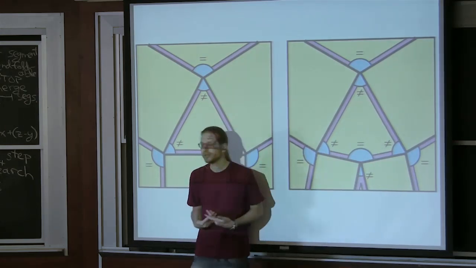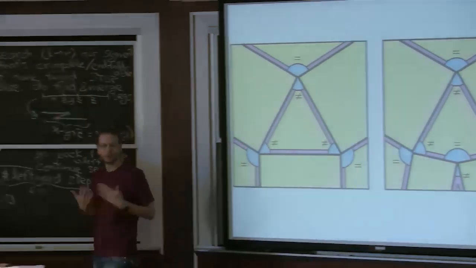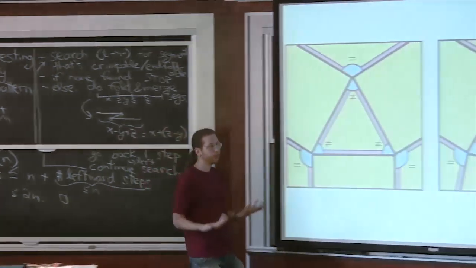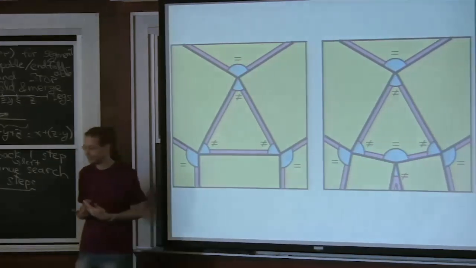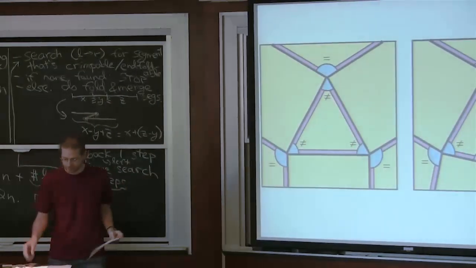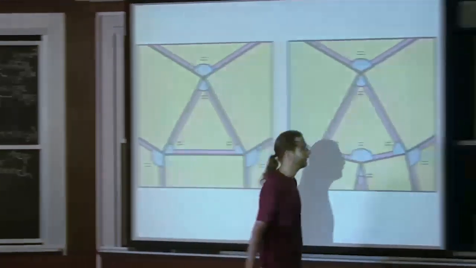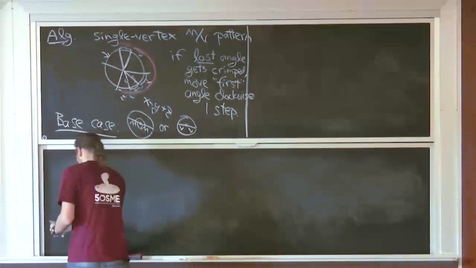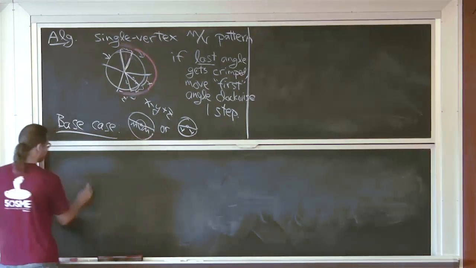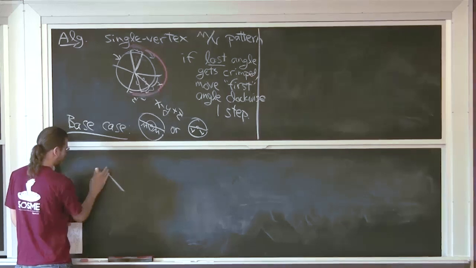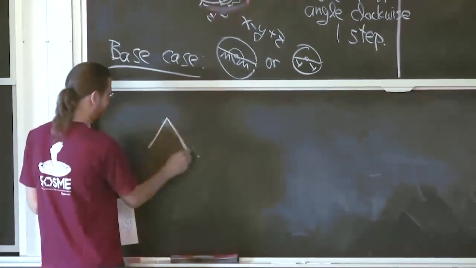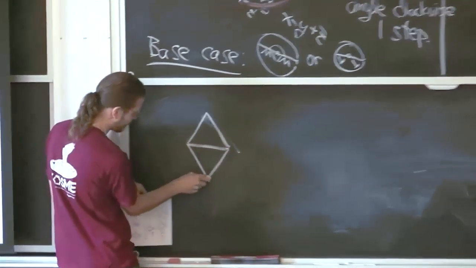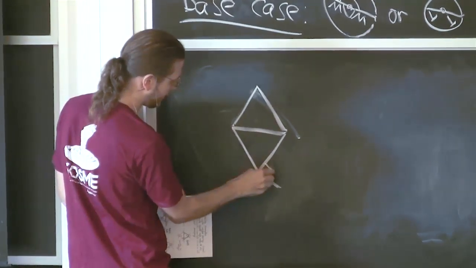There was no choice. And the tricky part of the algorithm is when you have choice, when you have multiple equal angles, you don't know what to crimp first. The algorithm just crimps one of them first, but then it might have to fix things. So I came up with a simple example where you have to do that. I think it will help clarify how this merging really happens. So the example is, it's hard to draw an equilateral triangle with accurate angles, but I'll do my best. And then these are supposed to be right angles.